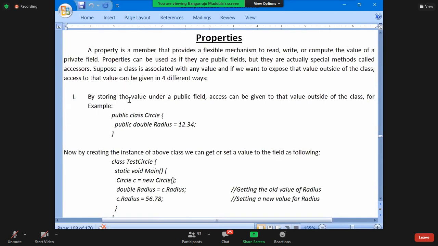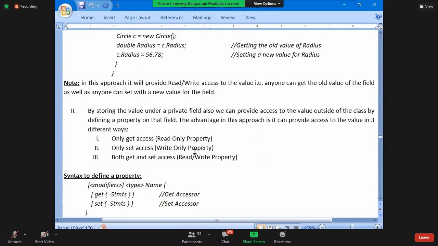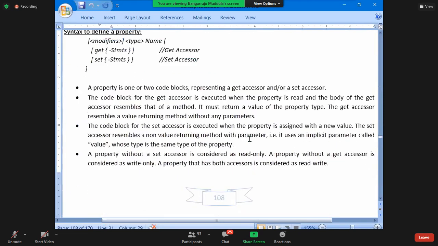Here I have been explaining the concept, what I explained the day before yesterday. Taken a circle class, what is the drawback of declaring it public? Then here you have the information on properties, three types of properties: read only, write only, read write.